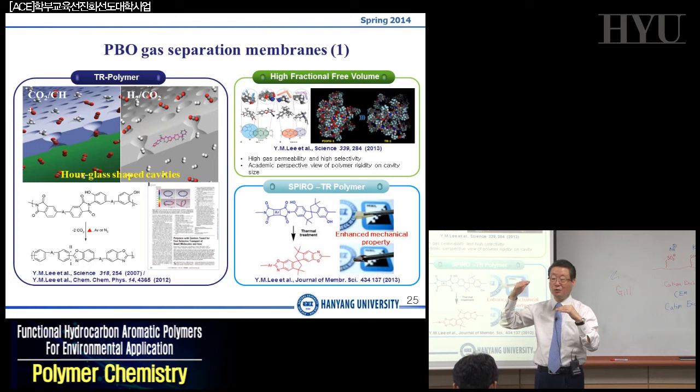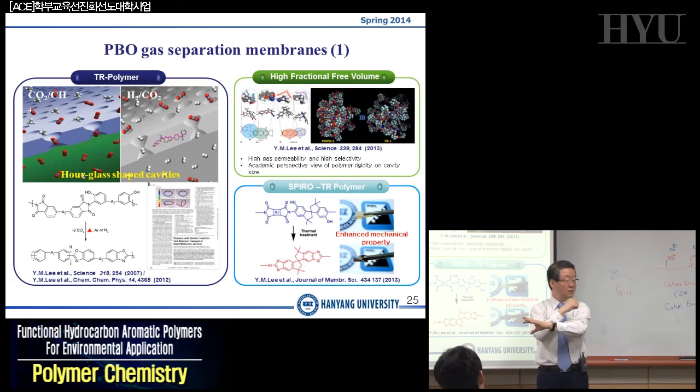Which is easier to pass through, CO2 or methane? CO2, of course, right? CO2 is a smaller gas, so CO2 can pass through much easier. But